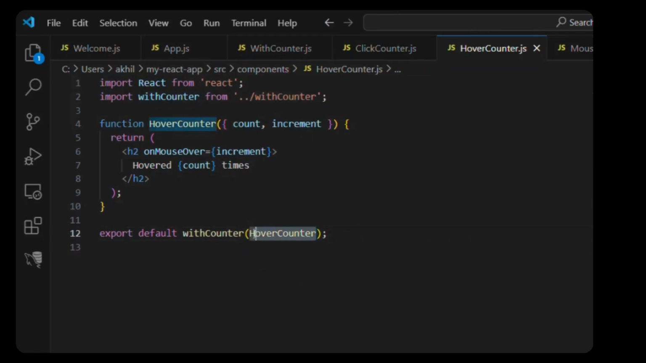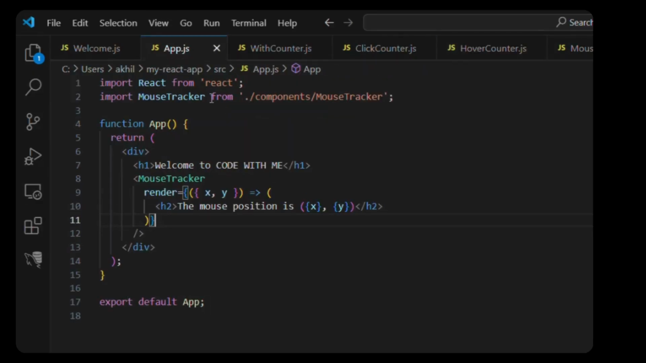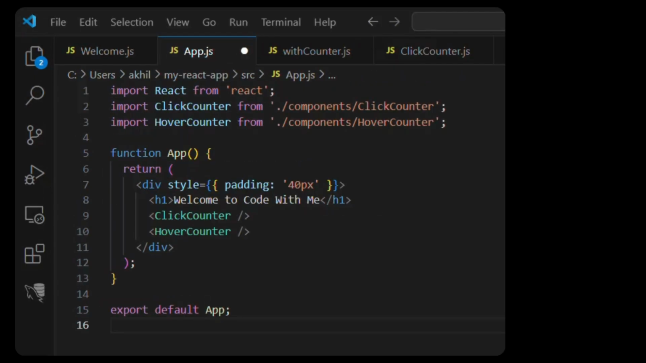Now open your App.js and update it like this. Import React from 'react'. Import ClickCounter from './components/ClickCounter'. Import HoverCounter from './components/HoverCounter'. Function App returns a div with style padding 40px, "Welcome to Code with Me", ClickCounter, HoverCounter. Export default App. Save the file and open your browser at